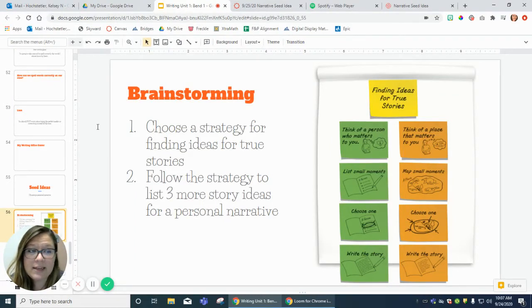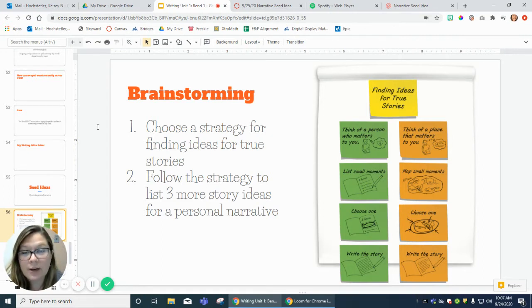And then the following day, we talked about thinking of a place that matters to you. So instead of a person, we thought of a place. And instead of making just a list of small moments, we actually sketched out a map of that place. So I thought of Batchelor Middle School and I drew a map of the field. And as I was drawing things, I kept thinking, oh, I had a memory going down that hill sledding,